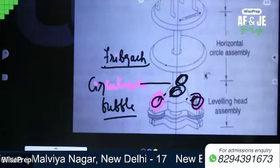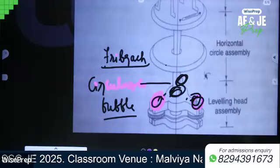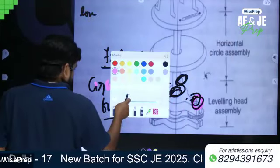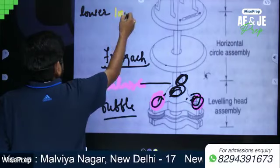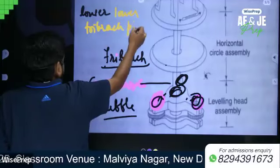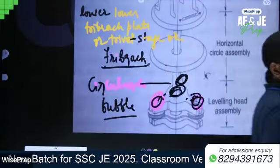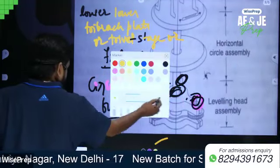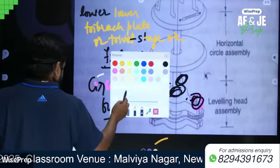Written. The lower tribrach plate or foot plate or trivet stage. The lower tribrach plate or trivet stage or foot plate